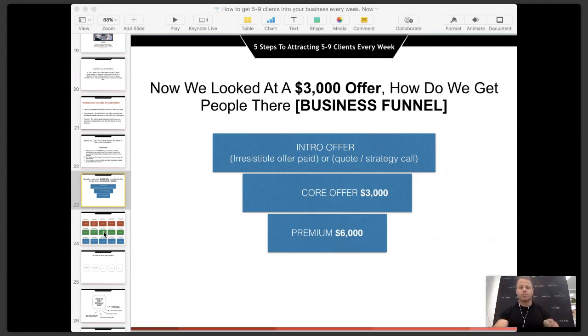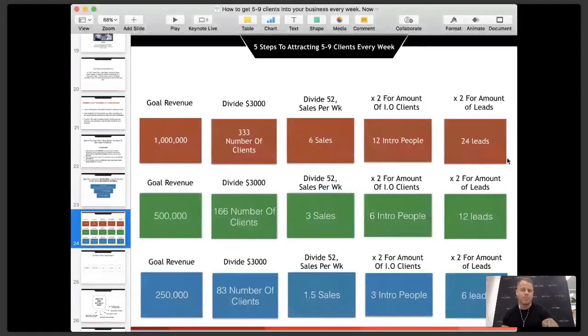So with this, now we understand the funnel. This is the top of the funnel right here, team. For us to make $1 million, and this is where I was when I started my business, I wanted to focus on the million. Because I was focused on the outcome so much, I wasn't sure about the process. So I was churning my wheels trying to get my first million. I was never getting there. So only when I transferred, rather than focusing on the outcome, to focusing on the process, that's when everything changed.